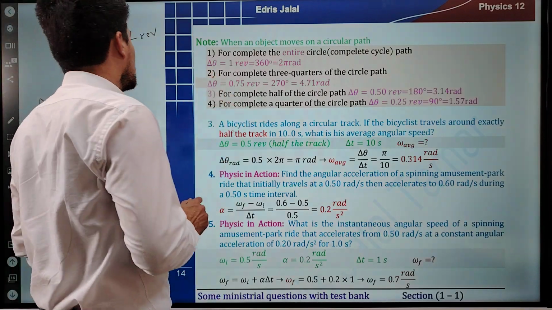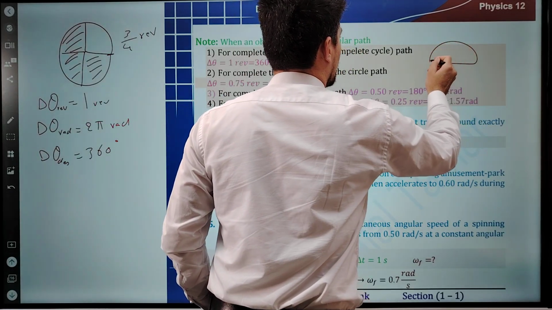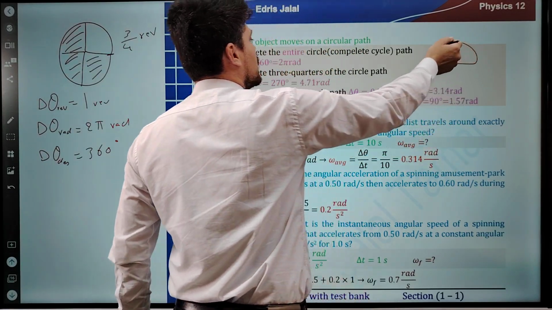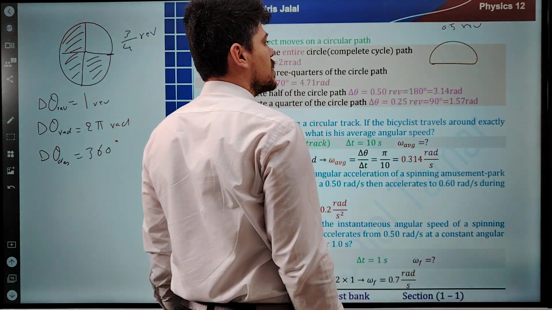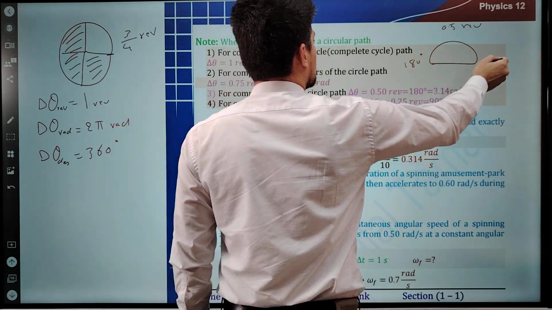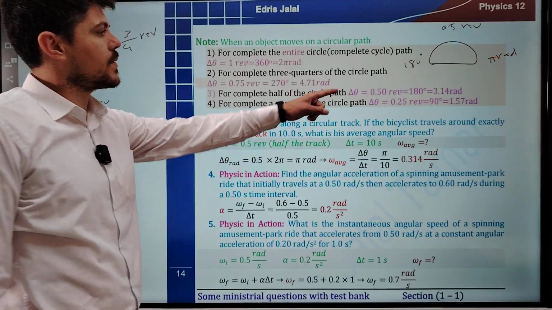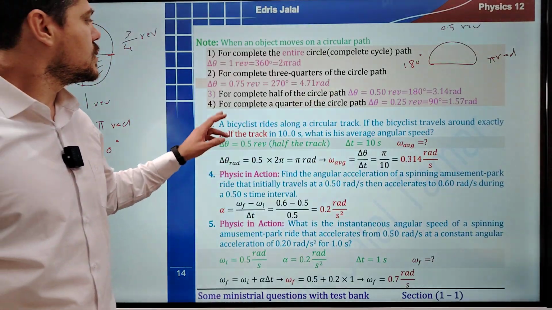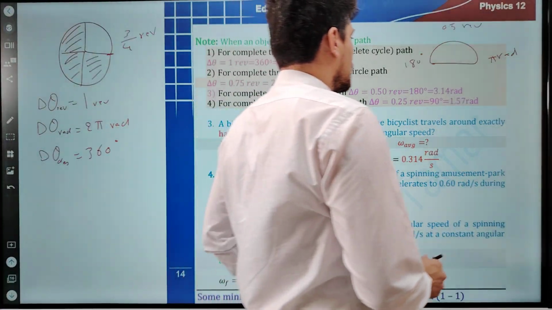But for a complete half cycle, how many revolutions do we have? 0.5 revolution, half revolution. How many degrees do we have? 180 degrees. How many rads do we have? Pi rads. So for a complete quarter of the circular path, what do we mean by quarter of the circular